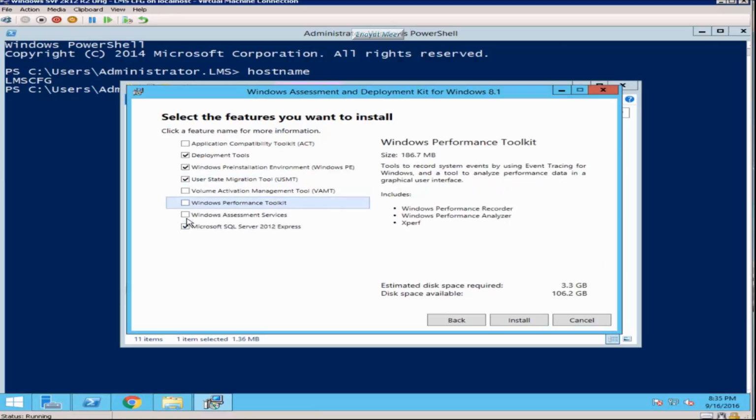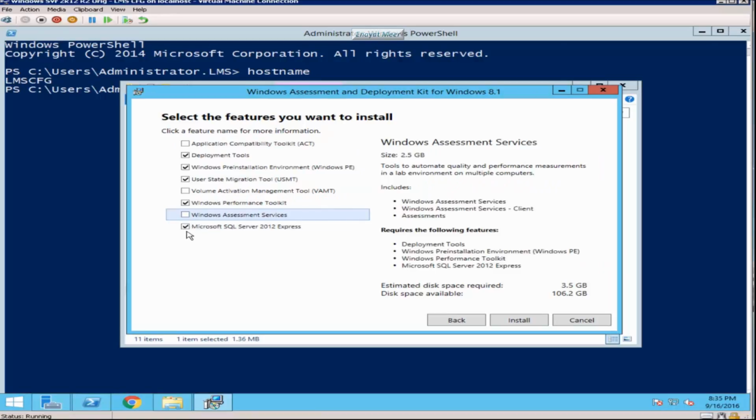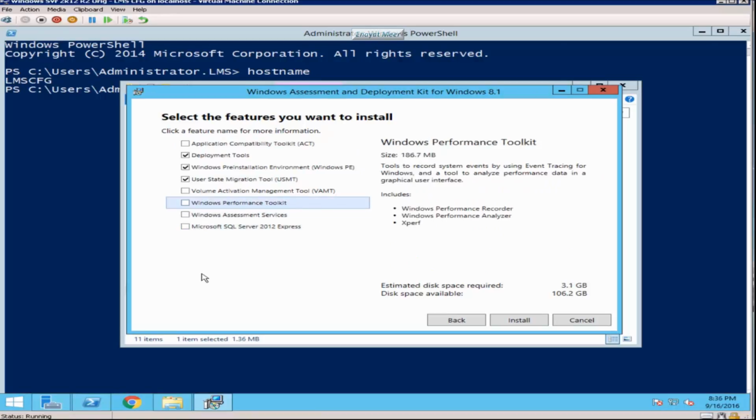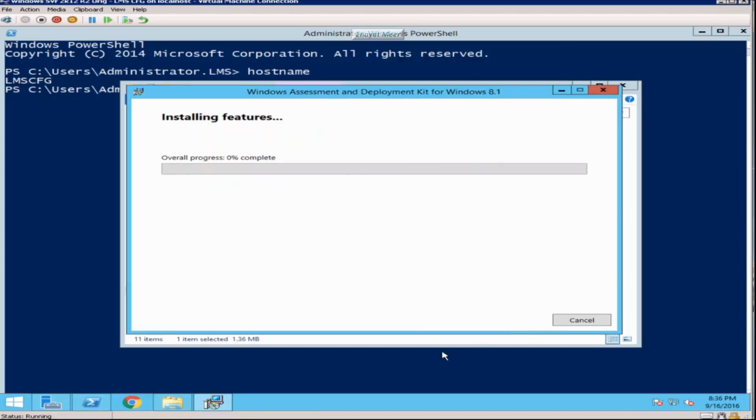So I would go ahead and uncheck these options since I don't require them for my Configuration Manager, and I will install. Once you install, you are done with installation and you are ready to install System Center Configuration Manager, which you are going to see in my follow-up video.